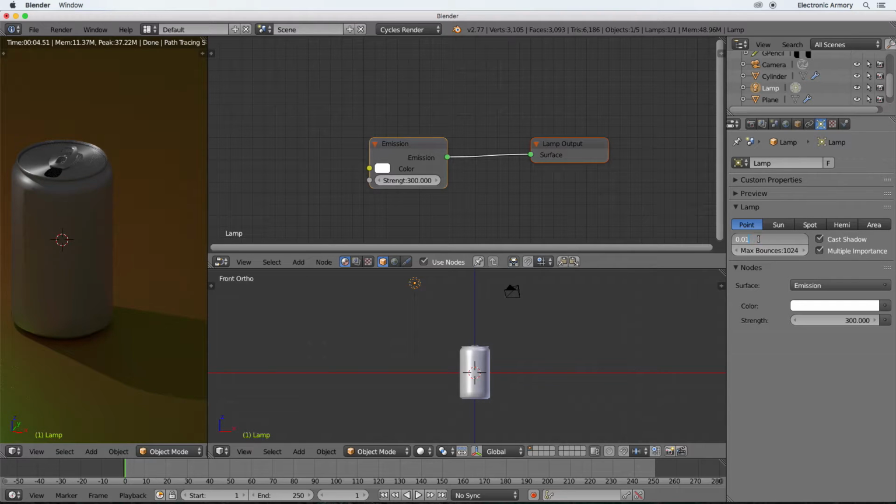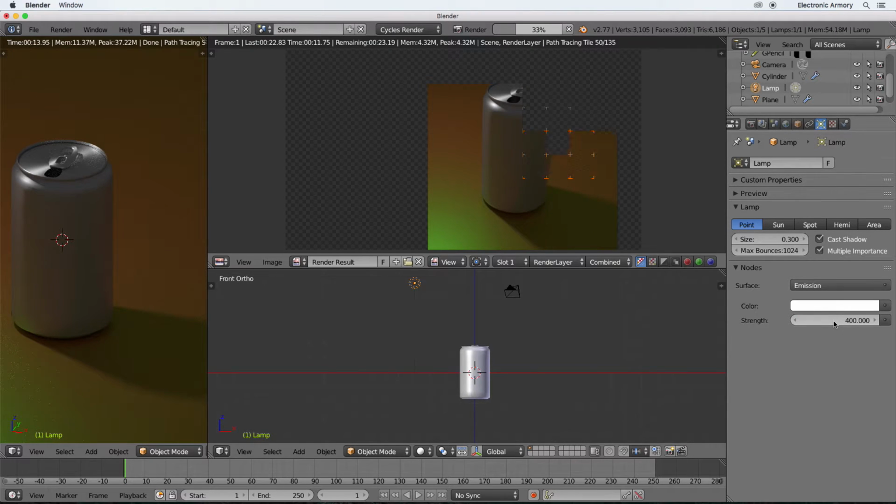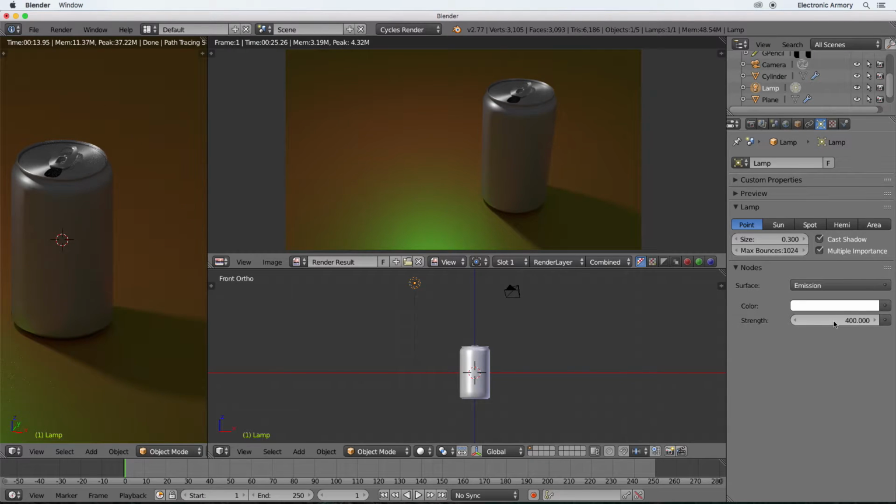So the values you choose here are really up to you. I'm going to go something a little bit in between, about 0.3. Get a nice feathering effect on our shadow there. Maybe turn up the strength just a little bit on this, and we're going to render this out. I'm happy with this result right here. There's a lot of things I could change and spend all day on, but for right now this is okay